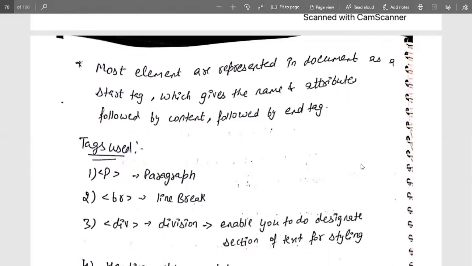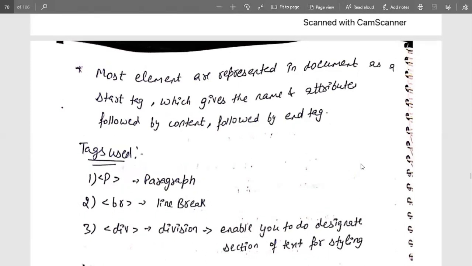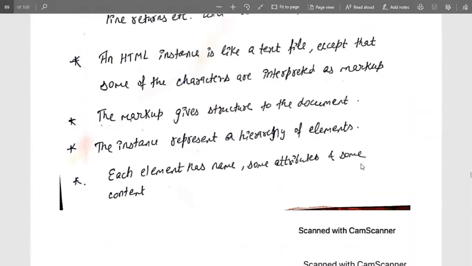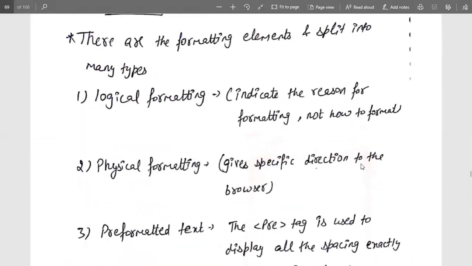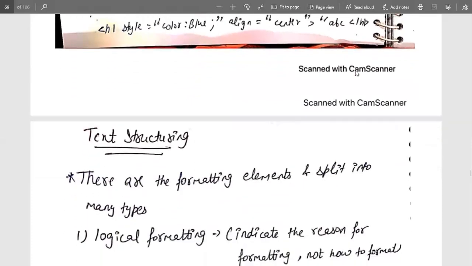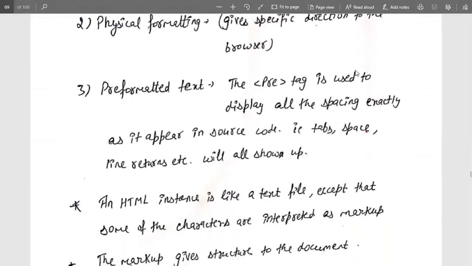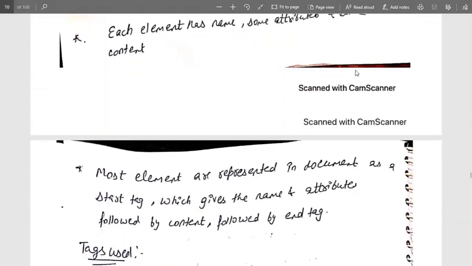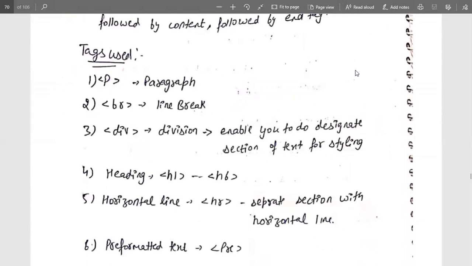Right here, the simplest example, let us suppose, let's take the styling tag as well. See over here. First we have to insert a tag. That tag contains some attribute containing some value. After that, again an attribute. Any number of attributes we can mention over here, and each attribute contains a value, then the content, and once the content is mentioned, we close it by mentioning the ending tag. So this is the particular format for how this is done.